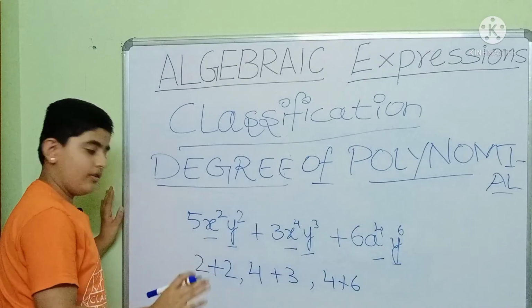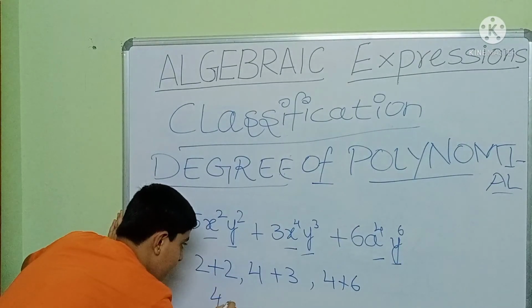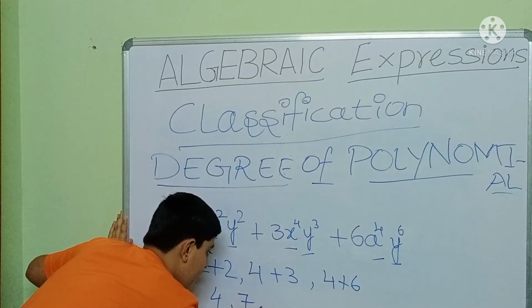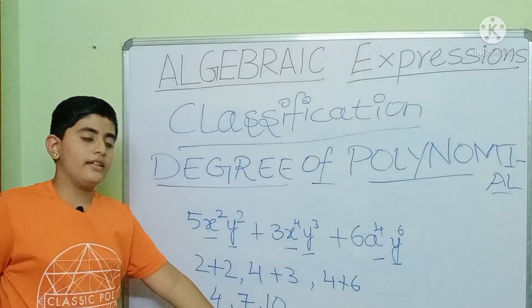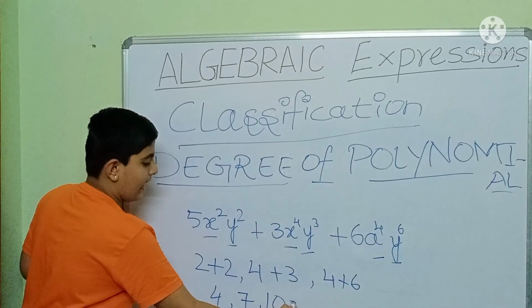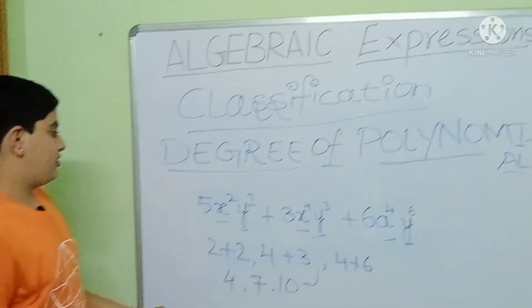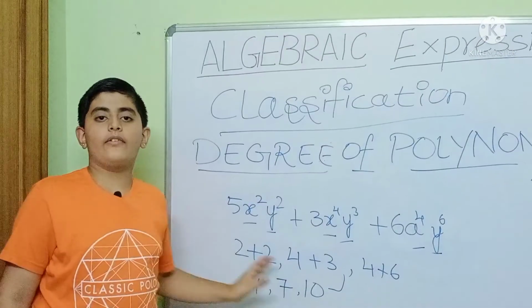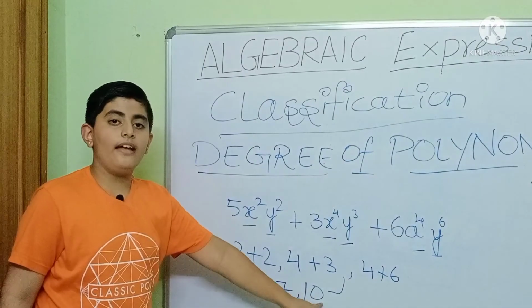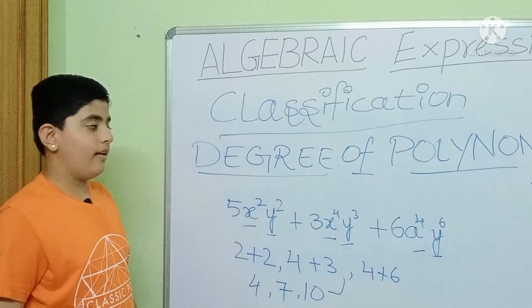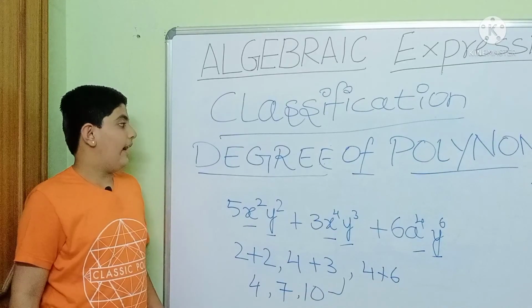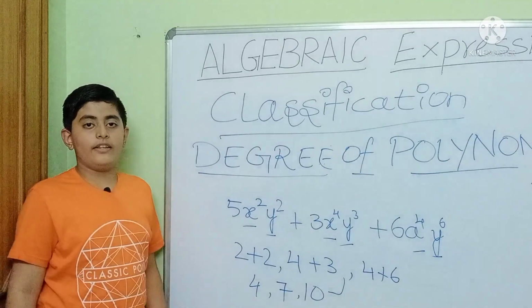So here we will add those: 4, 7, 10. In these powers we get 10 as the greatest number. So in this whole equation 10 is the degree of polynomial. Understand that? And I will meet you in the next